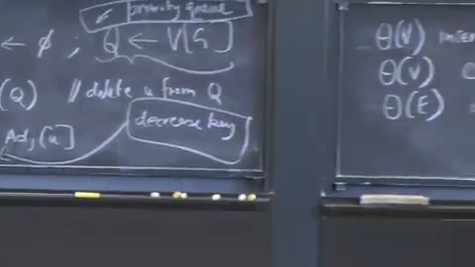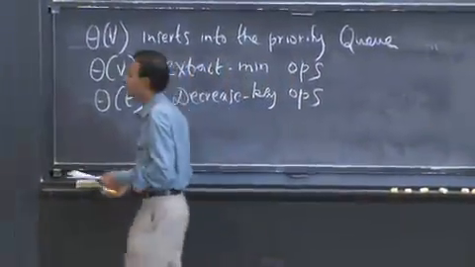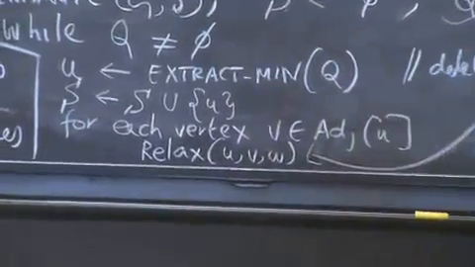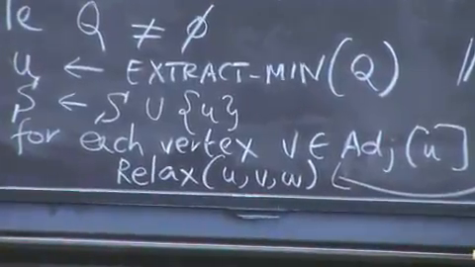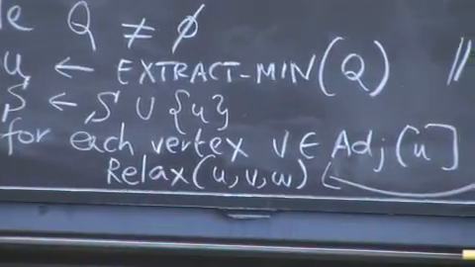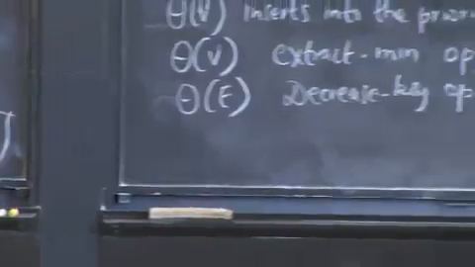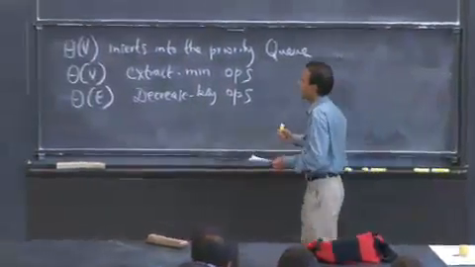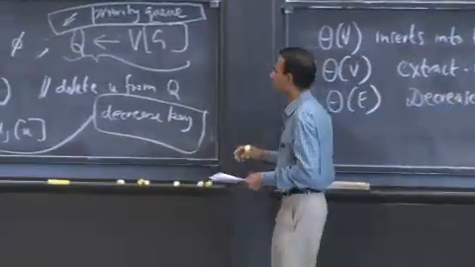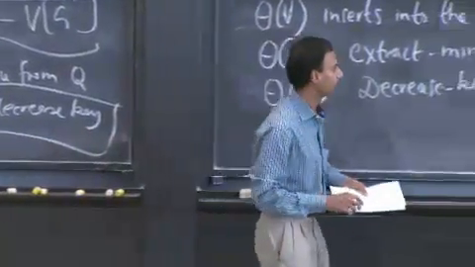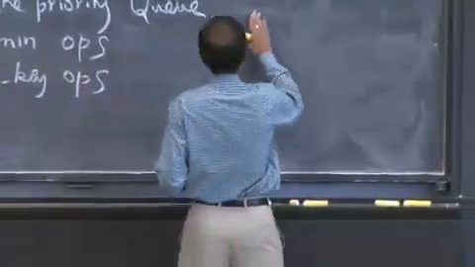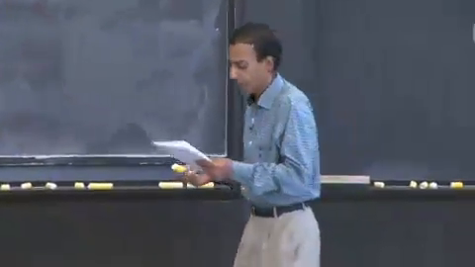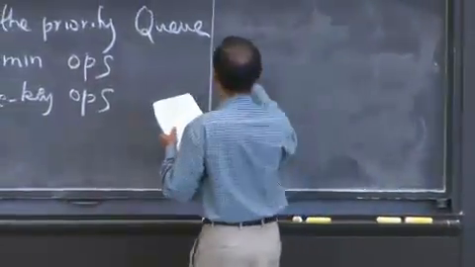And again, it's theta E, because in a directed graph, you're only going to process each edge that's coming out of a vertex once, since you're processing each vertex once, and you're looking at all of the outgoing edges from that vertex. Okay? So that's what you can get looking at the pseudocode. And now you're a data structure designer, and you have some choices here with respect to actually implementing the priority queue.